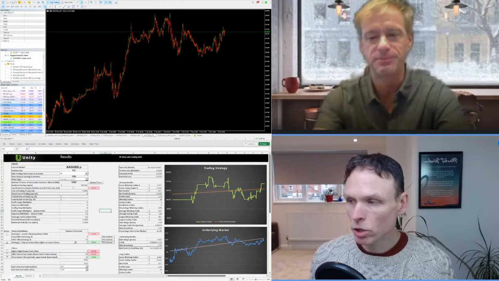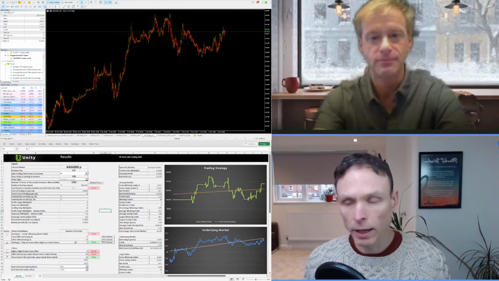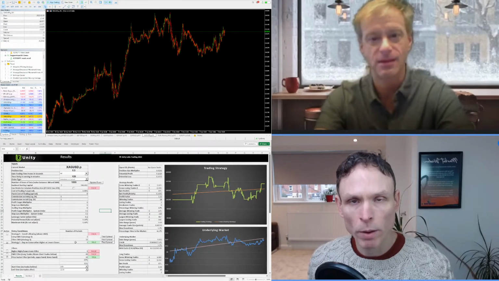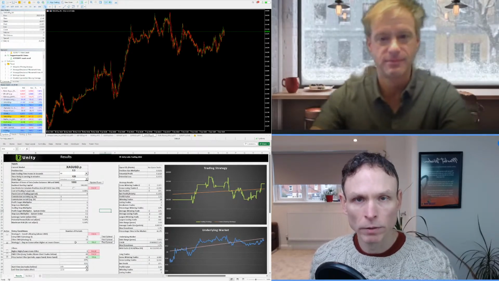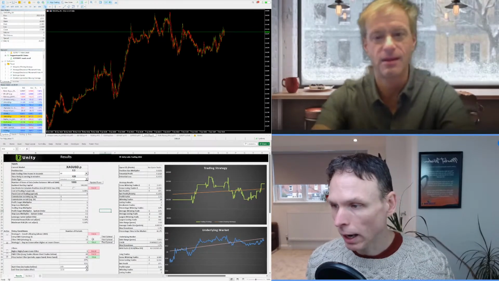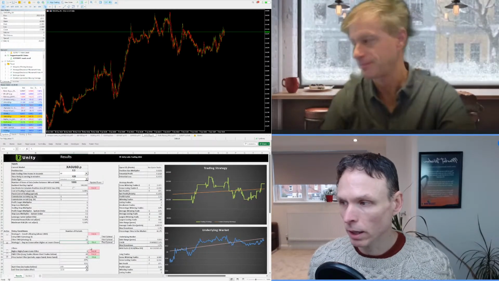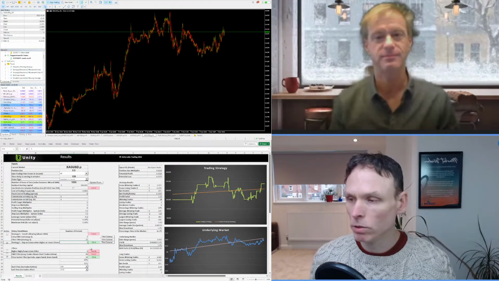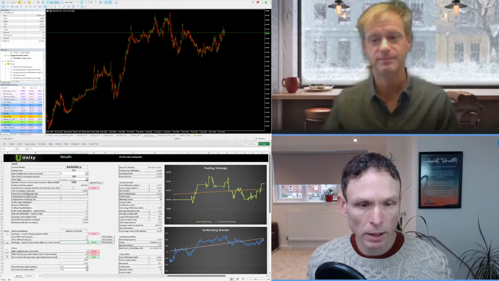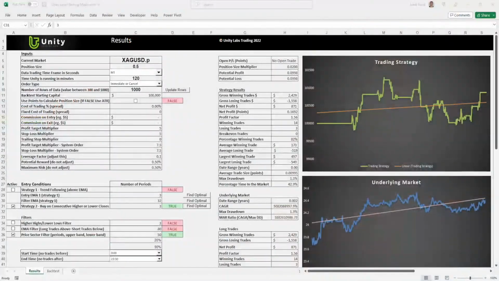I'm using strategy 2, which is quite a simple entry system where either we're buying and selling on a number of consecutive higher closes or lower closes, and that is all based on the setting here. So one of the new things we've introduced is a very simple optimizer controlled by the button here. And just zooming in here, all you need to do is click on the button and it will run